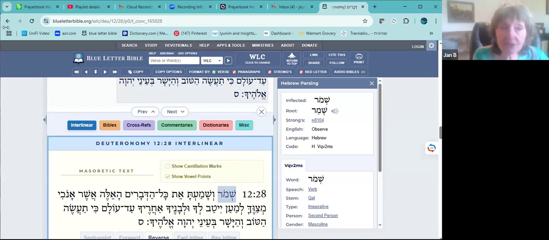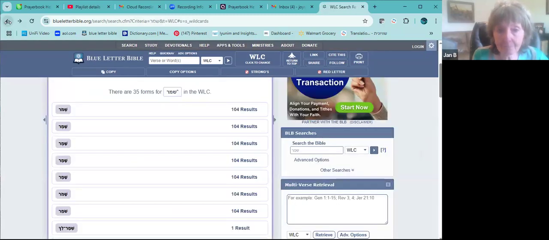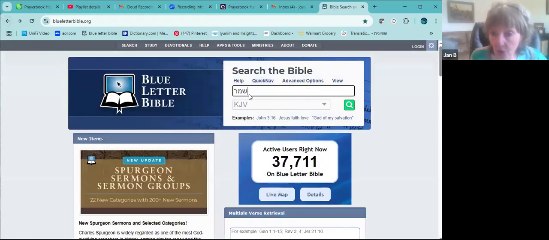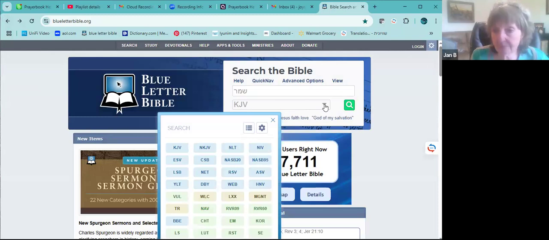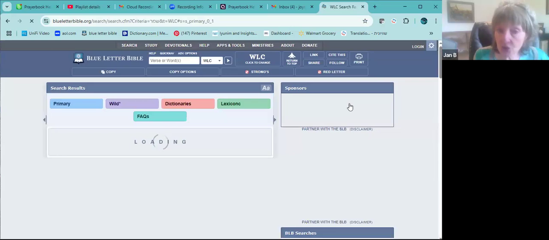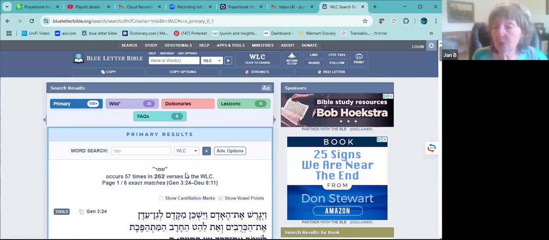So once again, let's just review. You're going to put your word in the search place. You make sure you change it off of the King James Version, which is its automatic version, to the Westminster Leningrad Codex, the WLC. Hit your search. But instead of going down through the list and looking for the red highlighted one, which is like a needle in a haystack,